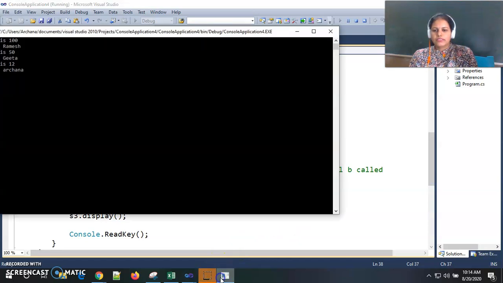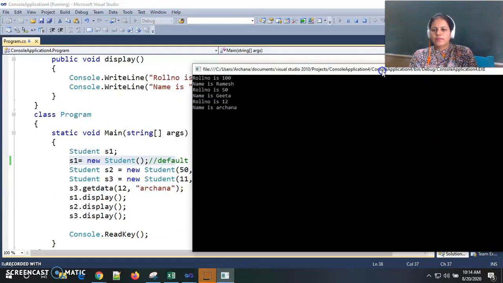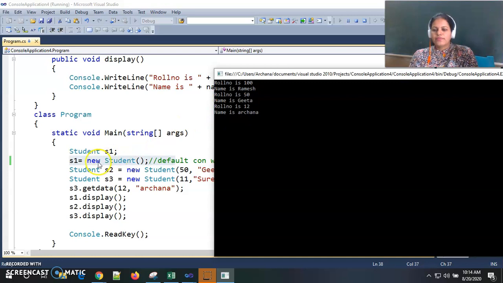Now what is the output? Here, for S1 there is the default constructor, and by using the default constructor, values will be stored as 100 and Ramesh. Then for S2 the parameterized constructor will be called, and for S3 again the parameterized constructor is called. And by using S3.getData, we are replacing the values with 12 and Archana, so I am getting 12 and Archana as the output for S3.